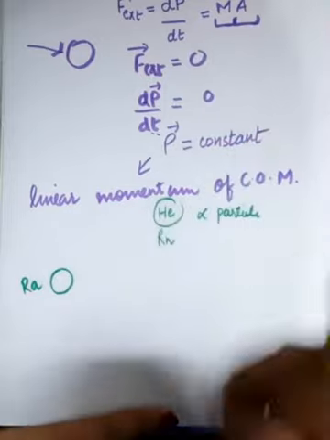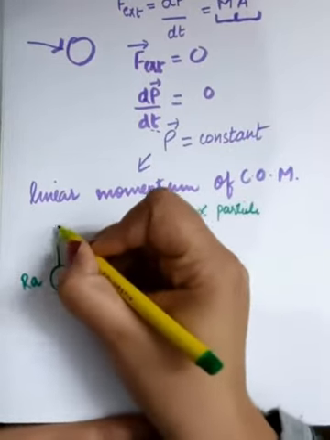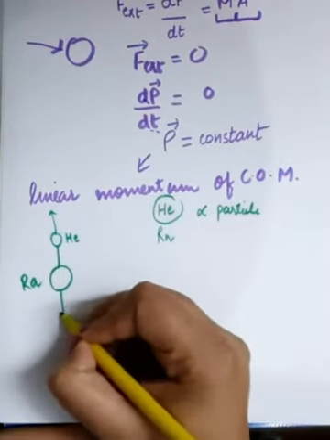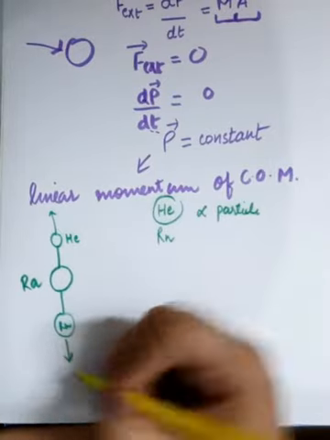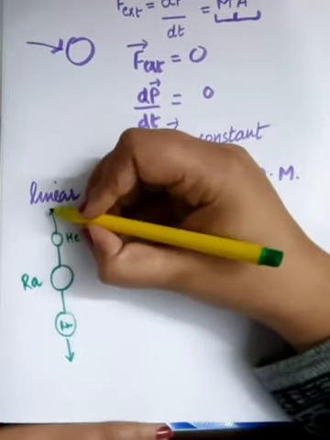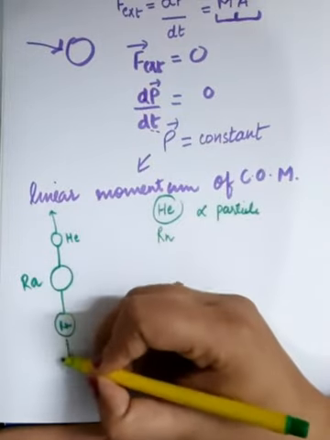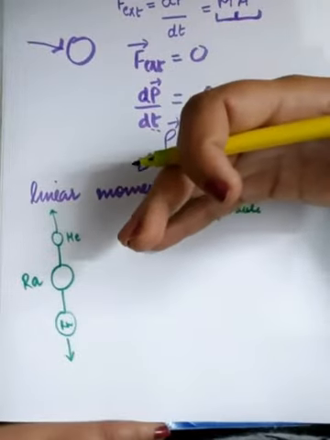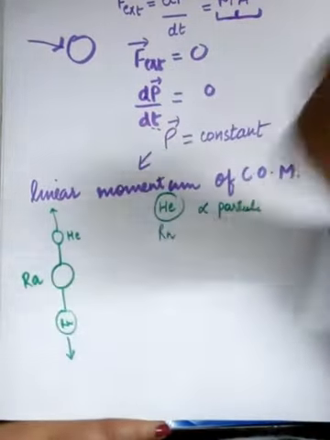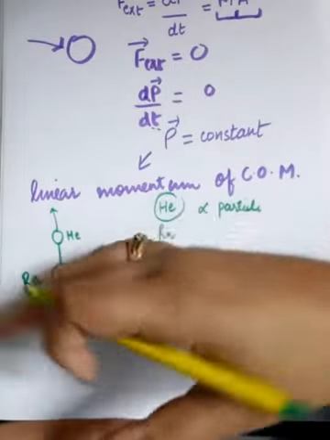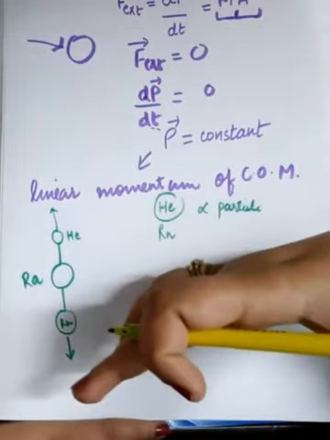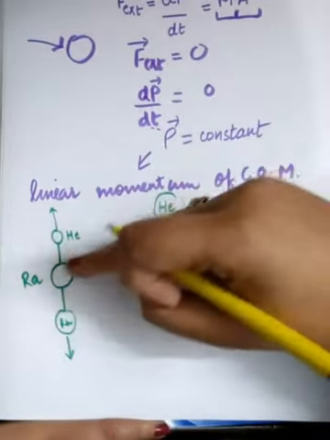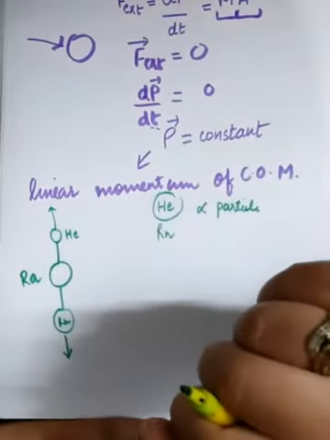And how is this possible? Only when helium moves like this and radon moves like this, because one is having momentum in this direction and the other is having equal momentum in the opposite direction. So the overall momentum gets cancelled, right? And you can say that the momentum is conserved. So this is the situation. This is the explanation why helium and radon move back to back when the decaying nucleus is at rest.